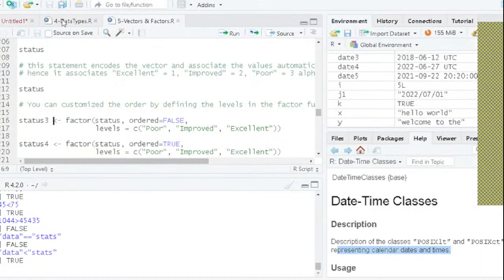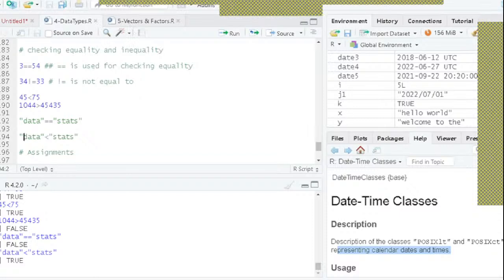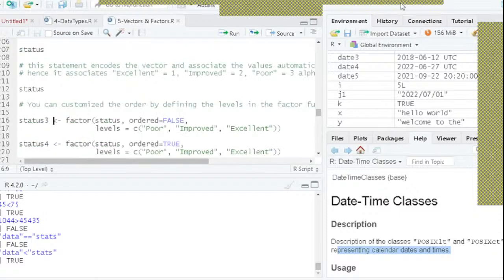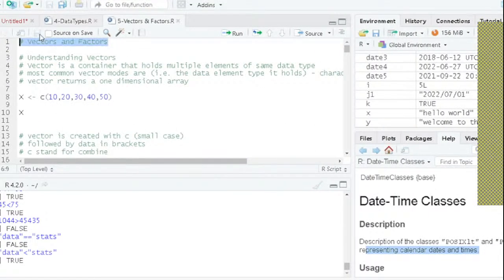Now, till here, what you really would want to take away is the data types, the understanding of what the data types are. But as we proceed further, things are becoming more and more important. Vectors and factors are a very important fundamental concept. So please